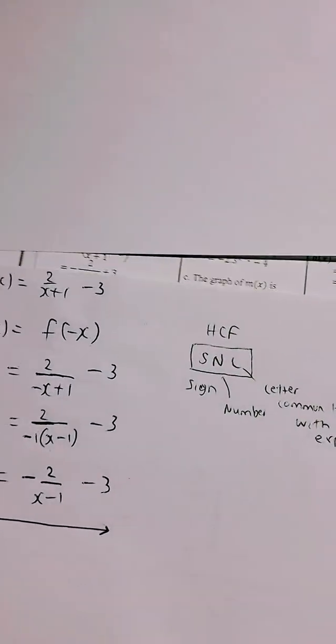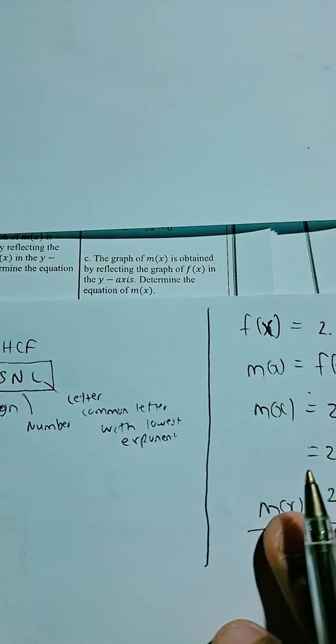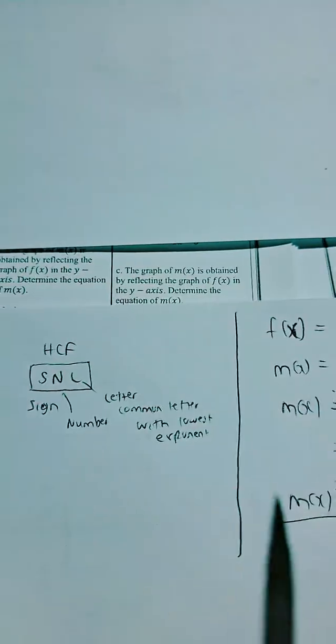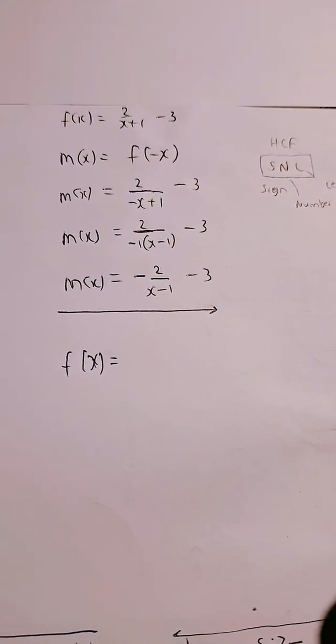Let's move right along. The last function question that we have here. The graph of m of x is obtained by reflecting the graph of f of x in the y-axis. Now we are going to the parabola this time round. Remember, the parabola f of x is equal to,